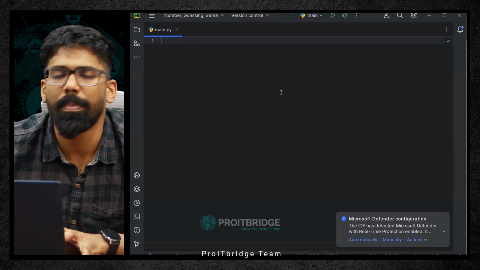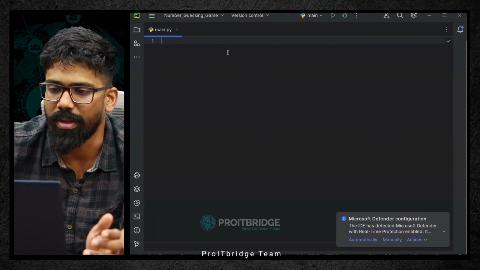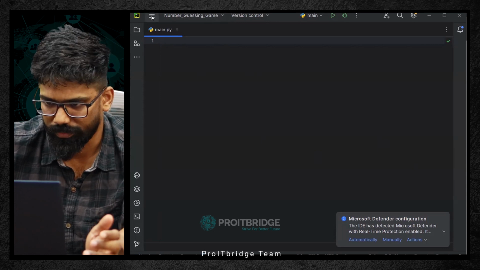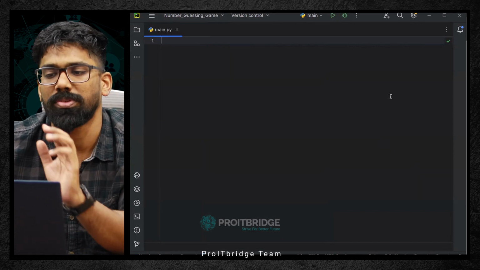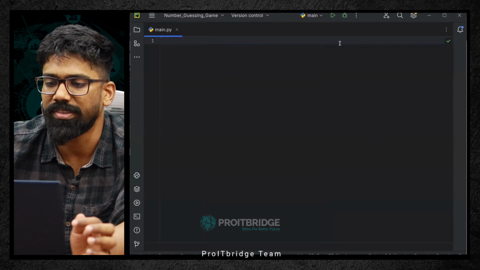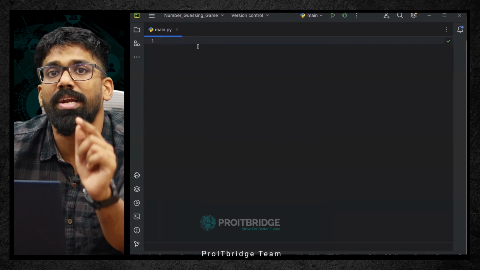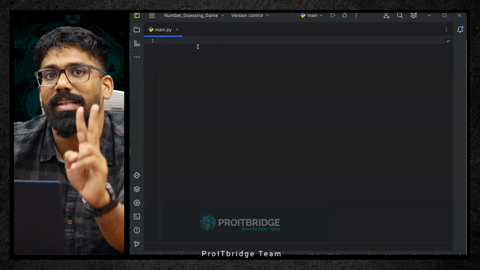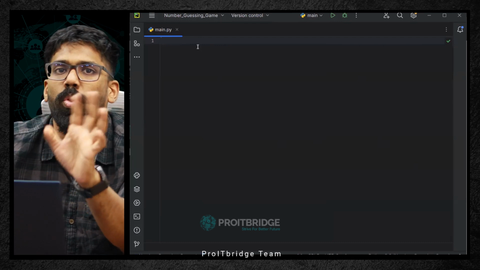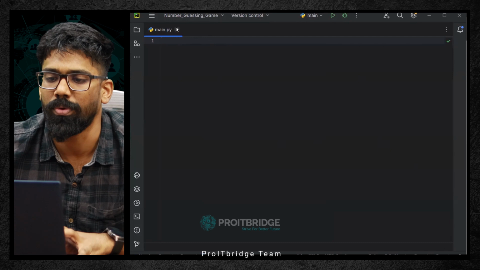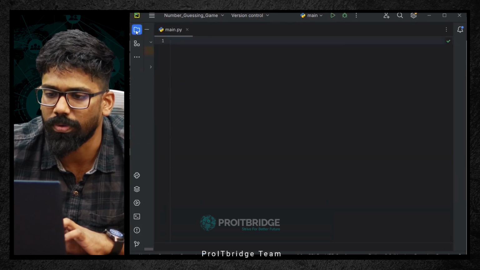For you, what will happen is, whenever you open this for the very first time, it will ask you to create a new project. Just note it down, because it is directly opening the last file I just opened. Click on new project, and then it will ask you to write a project title. Just write a project title and click on OK. Then you will get this kind of window.